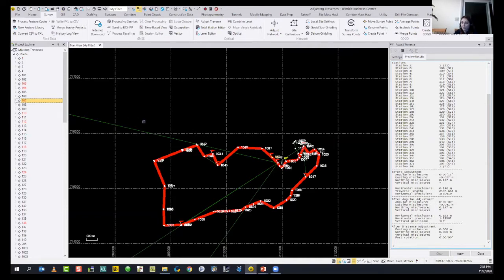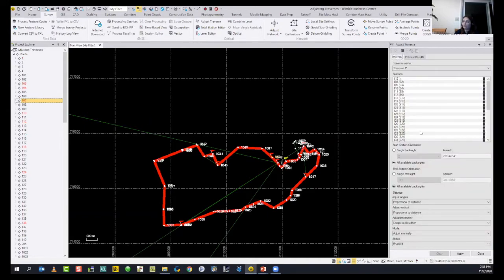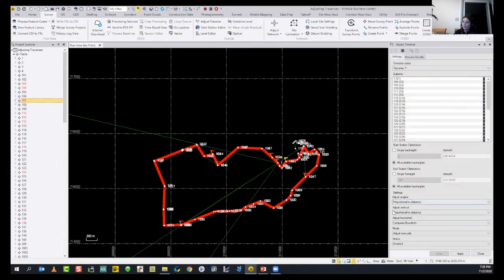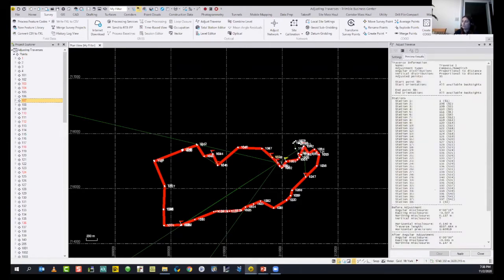You can add more data and select more stations, or edit your stations from this list. You can also change the settings from the traverse itself in the menu. After you finish everything, you apply it and create your traverse adjustment.